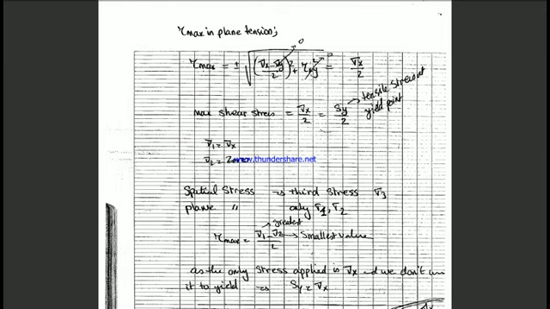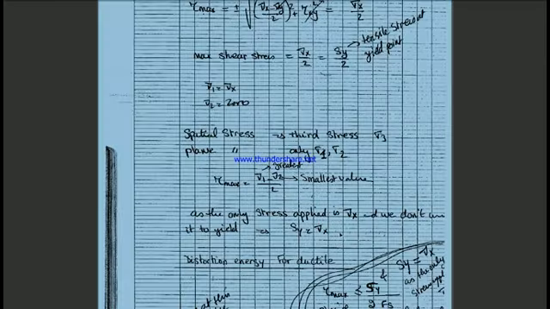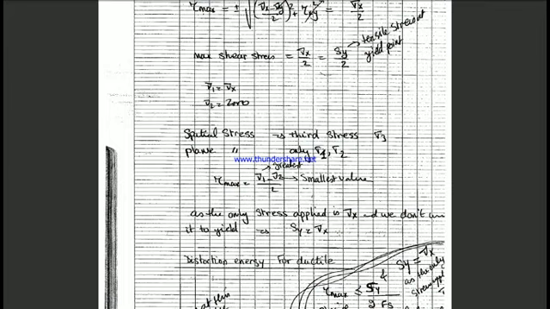And for maximum shear stress for ductile material, as we've seen before, tau maximum is less than or equal to Sy divided by 2, where Sy is the tensile stress at the yield point. So in this case we have Sy equal to sigma x. So the maximum shear stress for this